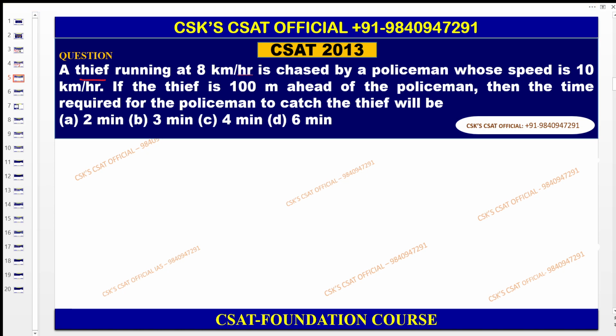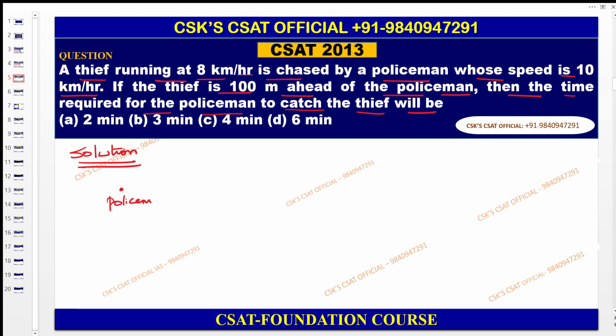A thief running at 8 km per hour is chased by a policeman whose speed is 10 km per hour. If the thief is 100 meters ahead of the policeman, then the time required for the policeman to catch the thief will be? So in your foundation class, I taught you the relative speed concept. Okay. So here,